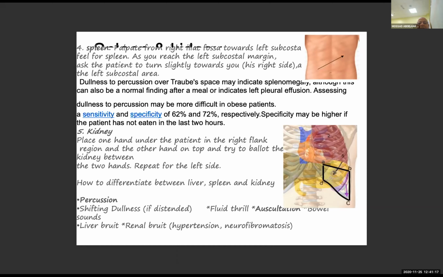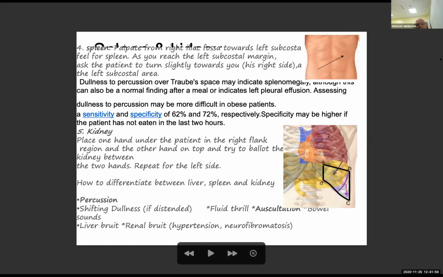Okay, for the kidney, we cannot say how much the kidney is enlarged because it is intra-abdominal. But if it is palpable, we will consider it enlarged. How to feel it? You must put one hand at the back and one hand in the front, and try to palpate. I mean, you push with your hand from below to palpate from above, and like that. Okay? And repeat it on every side. If you are able to palpate it, you will assume that this patient has an enlarged kidney.